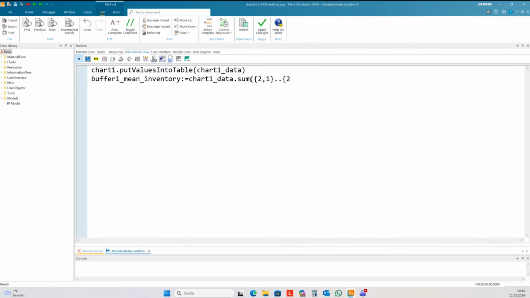It's in the second column. We can skip data here also if you want to do this. And chart 1 data point ydim is the number of data points I have for my calculation.